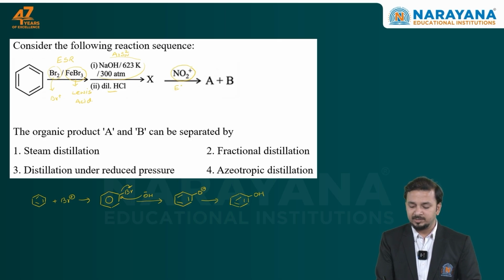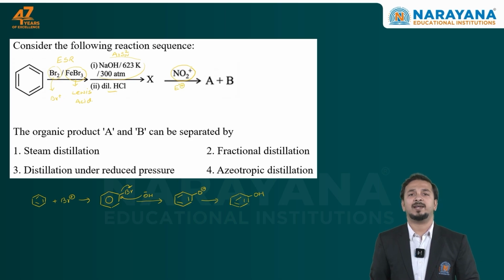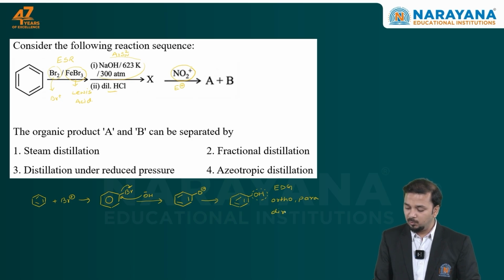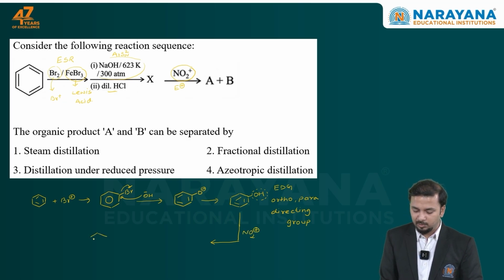We know NO2 plus is electrophile, so electrophile will attack at electron rich site, and this OH which is present on the benzene is an electron donating group, or we can say it is an ortho para directing group. Ortho para directing group means the electrophile will attack at ortho position and para position. So the product which will be obtained after treatment of phenol with NO2 plus will be ortho-nitrophenol,